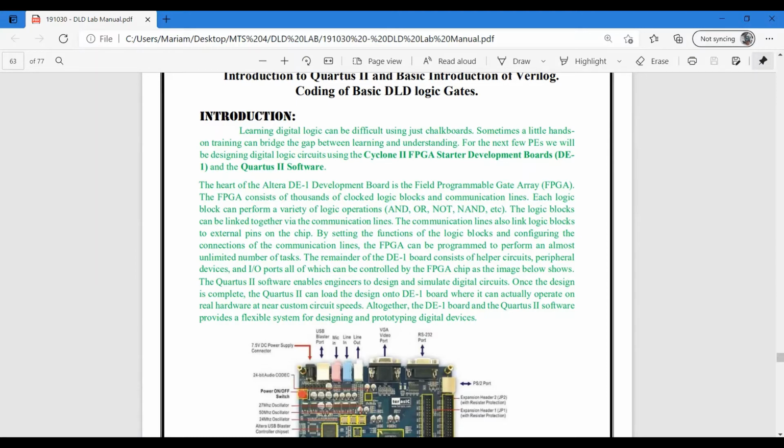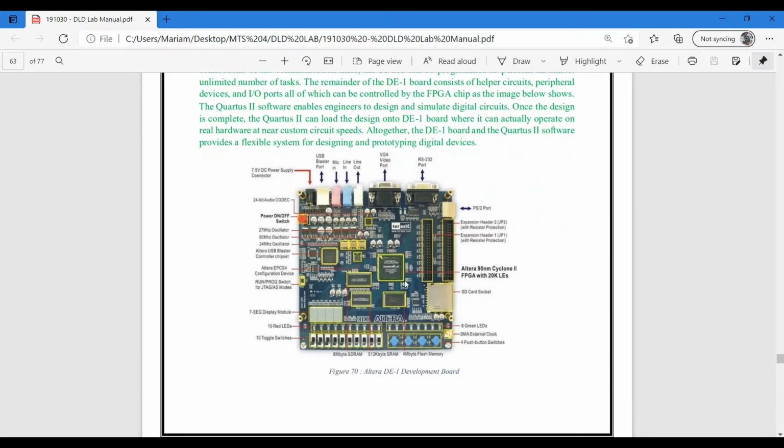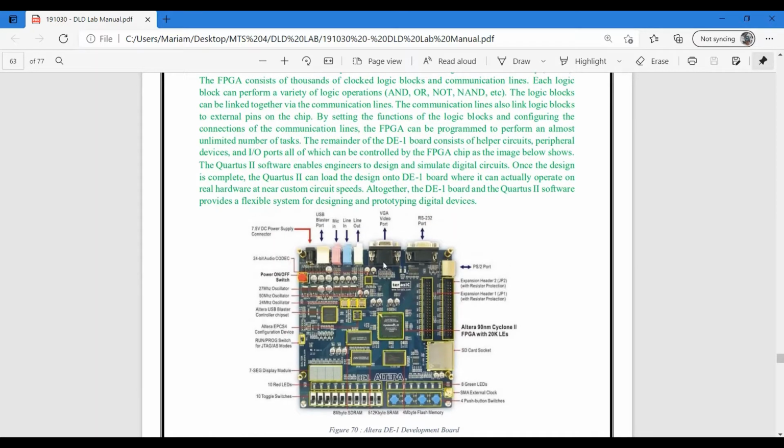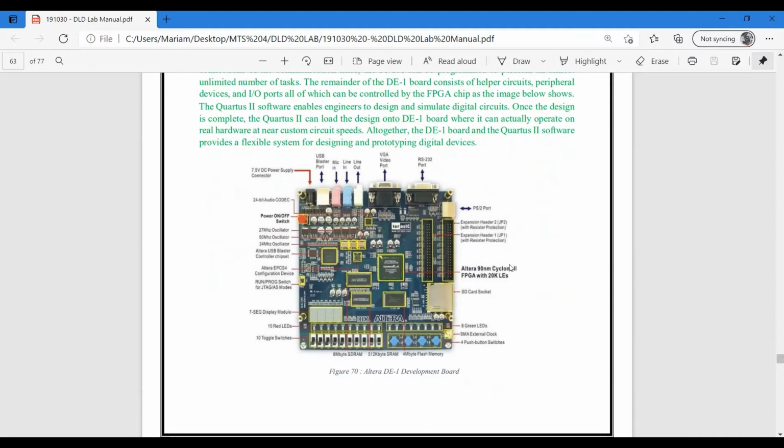First of all, the main thing here is a Cyclone 1, which is a chip based on this development board. This development board is called an FPGA, that is, a field programmable gate array. This is the old version, but the latest we can see is the Cyclone 5, which has